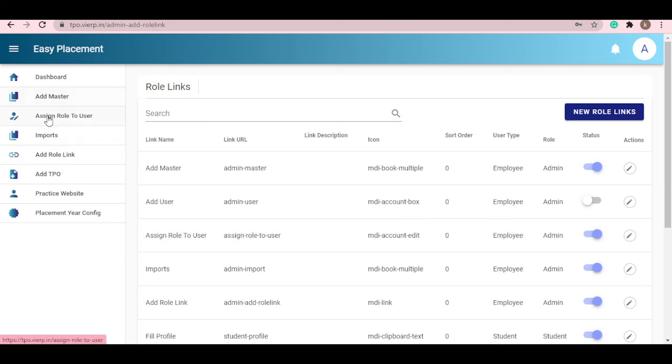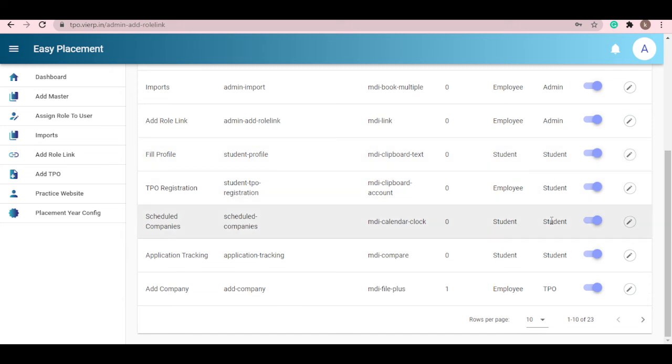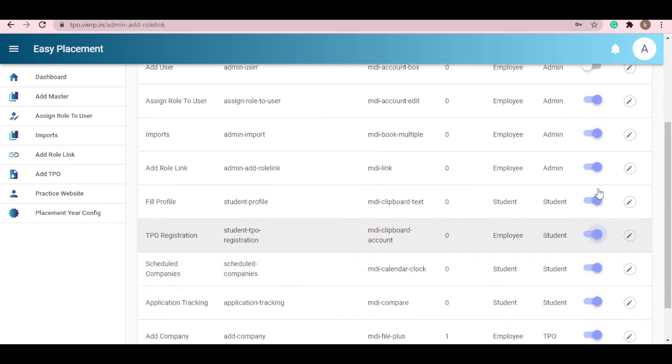Those links are visible here. Similarly, on the student portal, on the student side, these are the various links which are available, which are the field profile, TPO registration, schedule company, application tracking, and so on, because the status of this role is active.